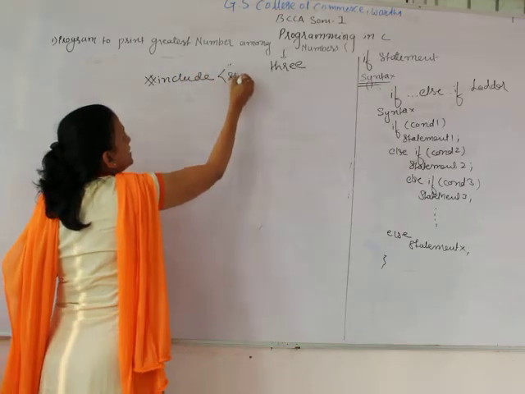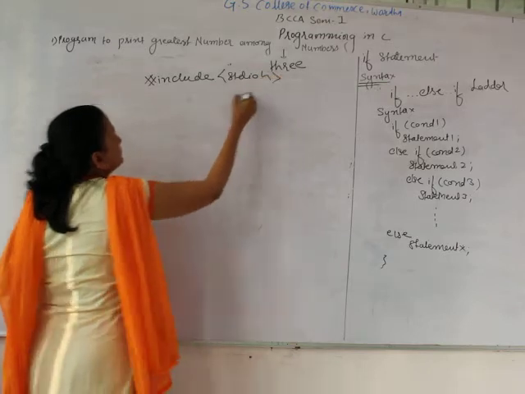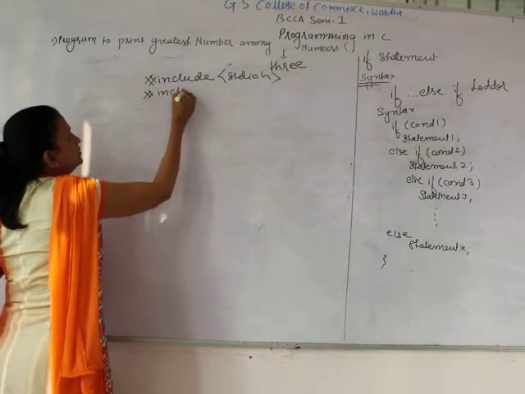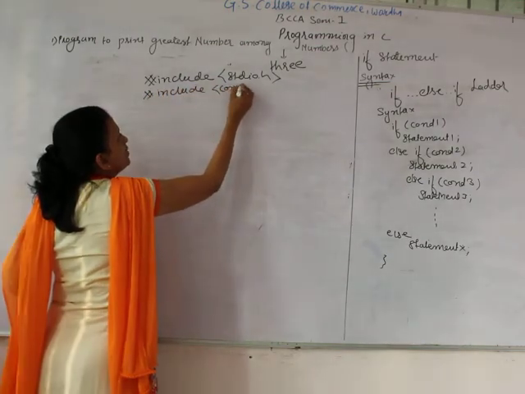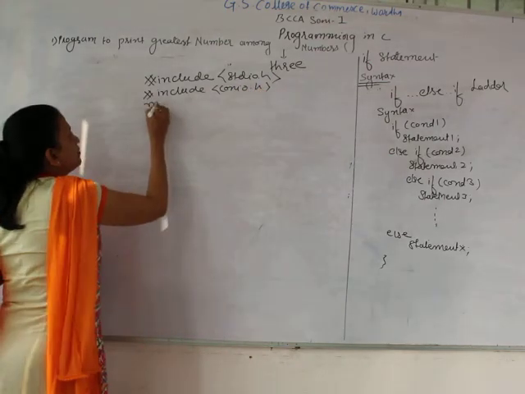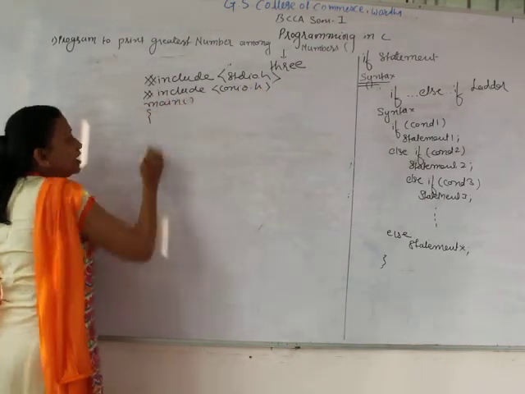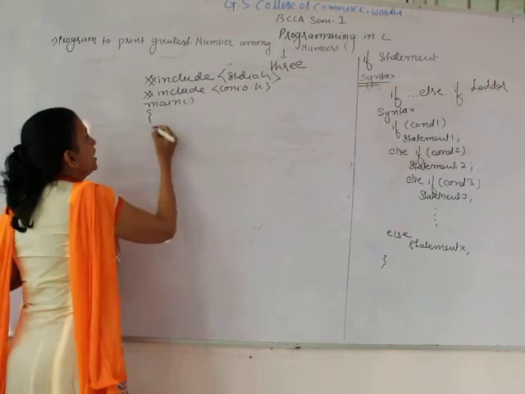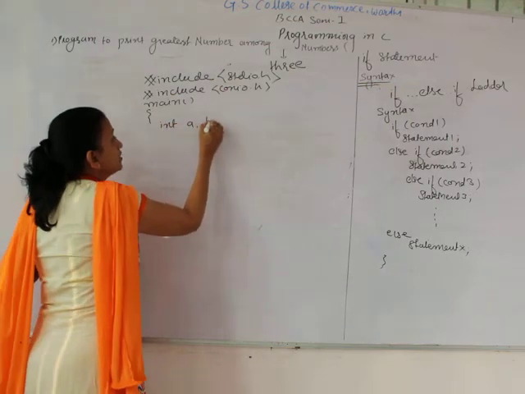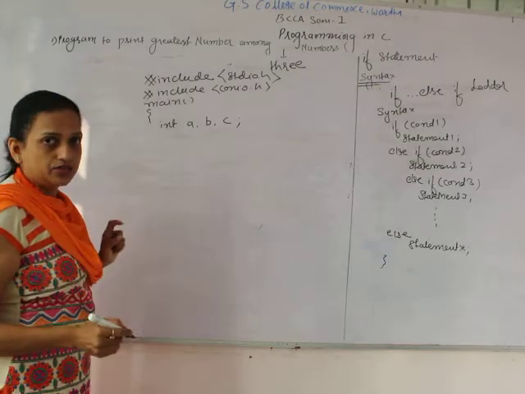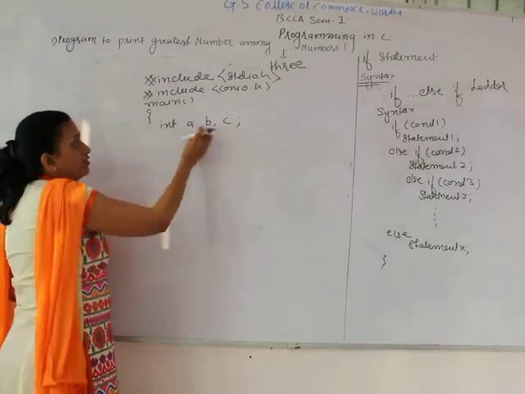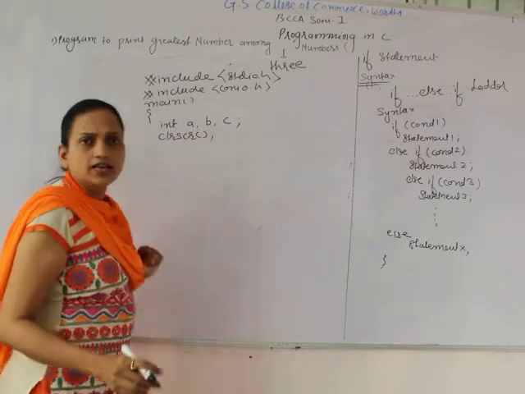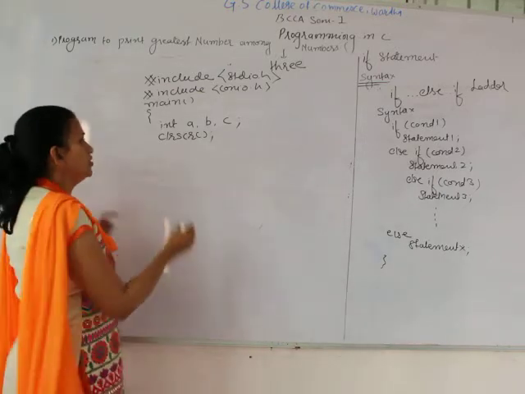#include <stdio.h>, #include <conio.h>. Every program must be written in a main function and the first statement is always the declaration. Here I need to take three variables for three values, of type integer. Every time we add one function, that is clrscr. Make a habit to add this function in your program.